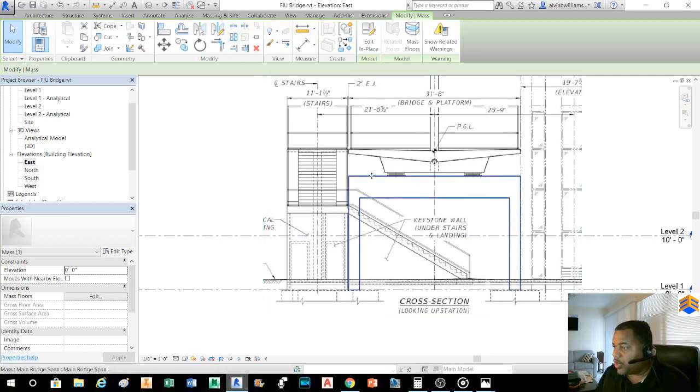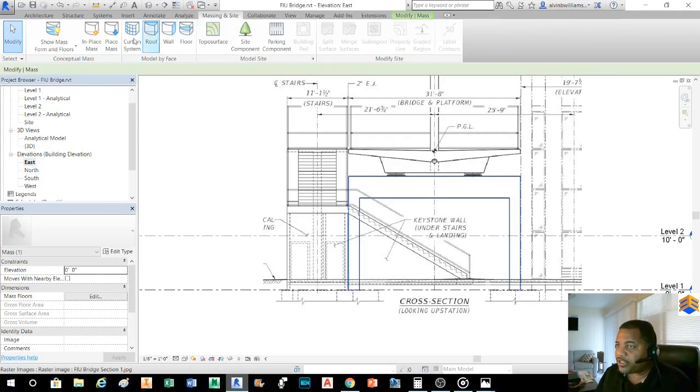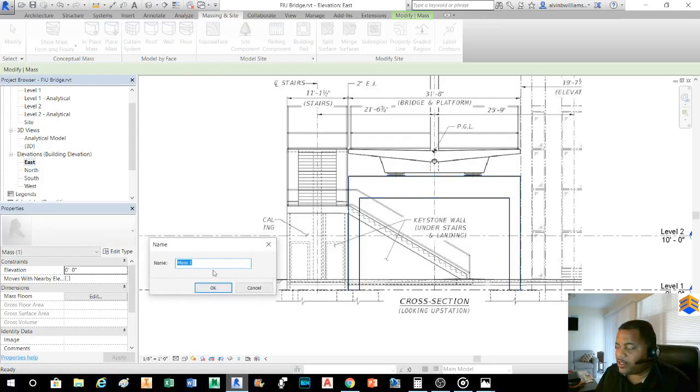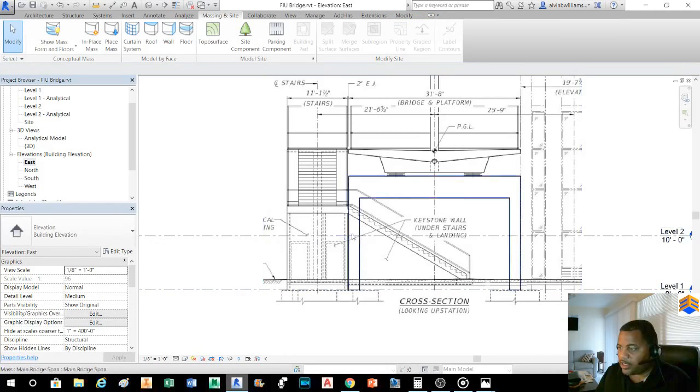And what I would do is go to the mask tab up here at the top, click on in place mask, and name the mask what you want to mask. Name the mask what you would like to name it. Then hit the OK button, and because I've already done it, I'm going to cancel out, but you would hit the OK button. And so after naming your mask what you want to name it, you draw where you want to draw by,